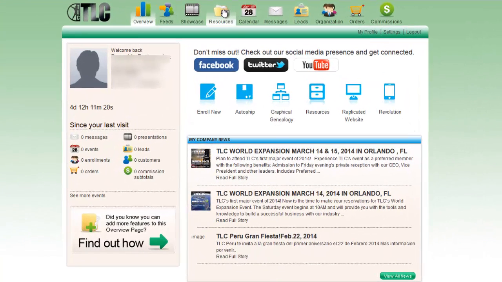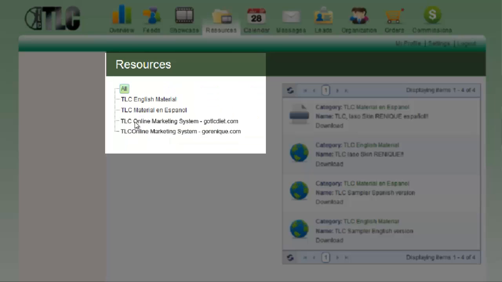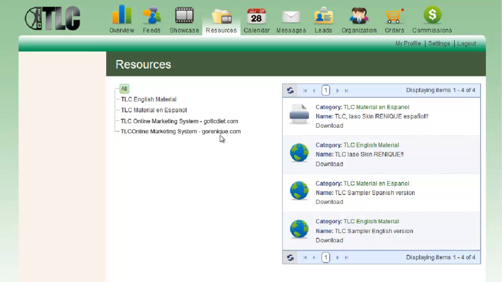From here, choose Resources, and from here you'll see either to register for the TLC online marketing system, the GoTLCDiet.com or the GoRenique.com. Two separate systems, two registrations involved. If you're planning on marketing both products, you're going to want to register for both. For today's purposes, we're going to demonstrate the GoTLCDiet.com. So click on that,